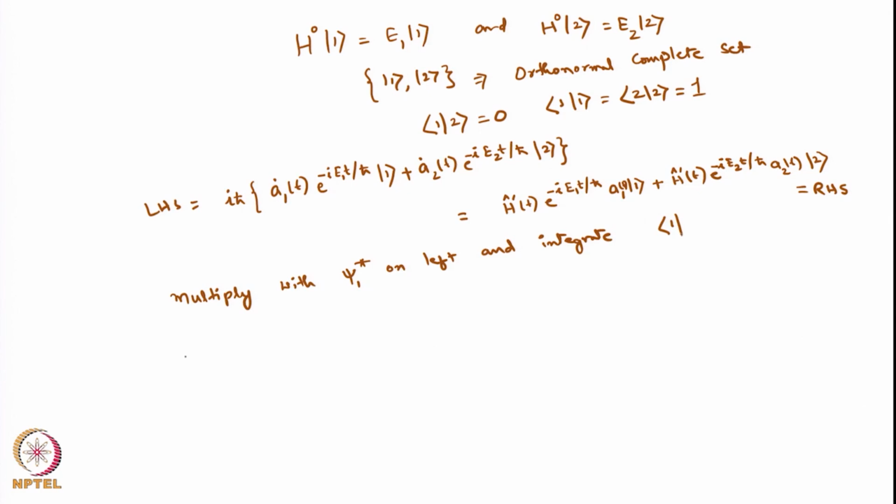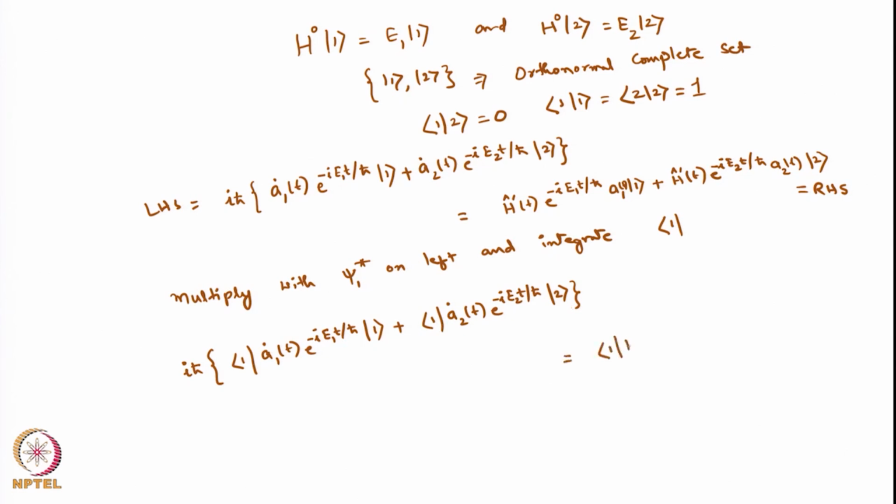So, when I look at the LHS, it will become iħ [A1 dot(t) e to the power of minus iE1t by ħ ⟨ψ1|ψ1⟩ plus A2 dot(t) e to the power of minus iE2t by ħ ⟨ψ1|ψ2⟩]. That will be your left hand side, and the right hand side will be